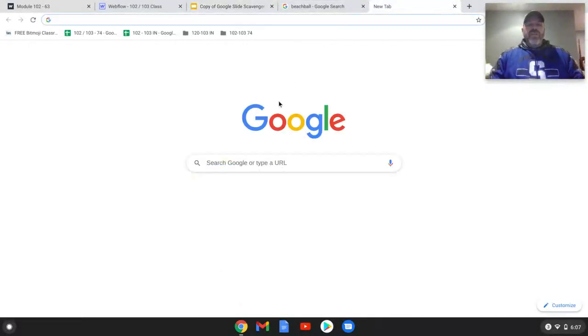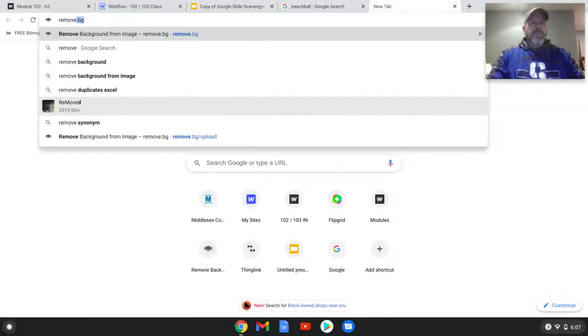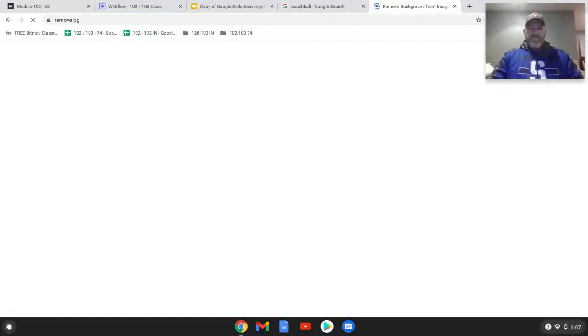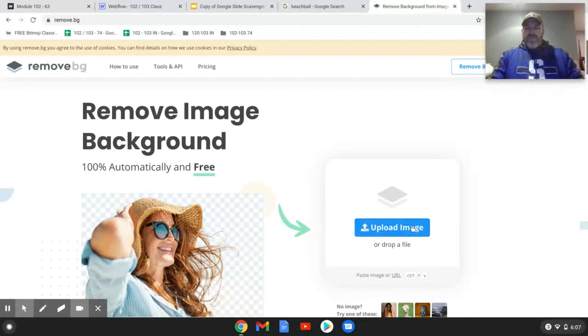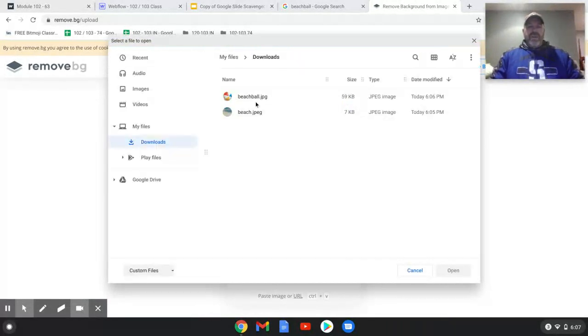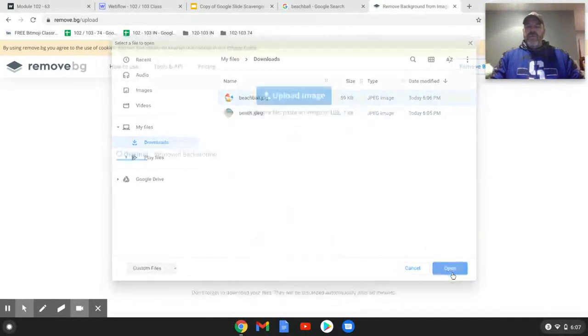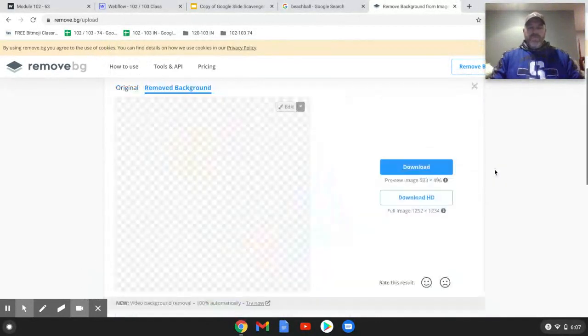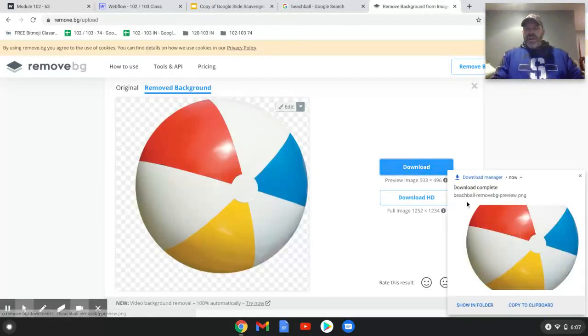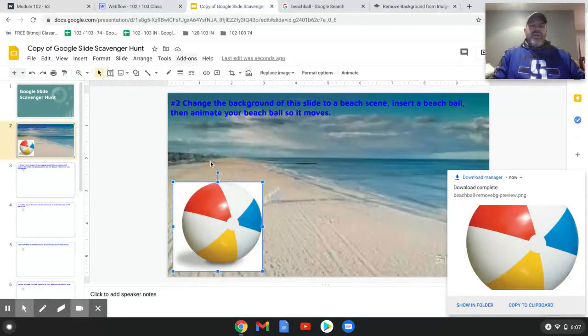All right, if we open a new one and we go to remove dot bg, remove period bg, and we click enter. So now it says upload image, right? We're going to remove the background, upload image. And I'm going to go back to that beach ball and I'm going to open. And you notice we went from white to a checkered background. So now if I download it,